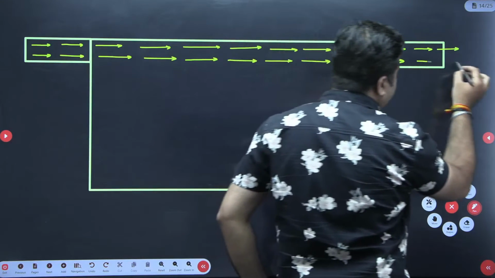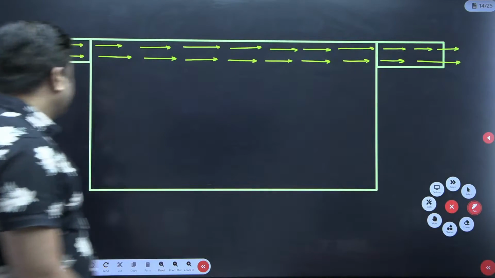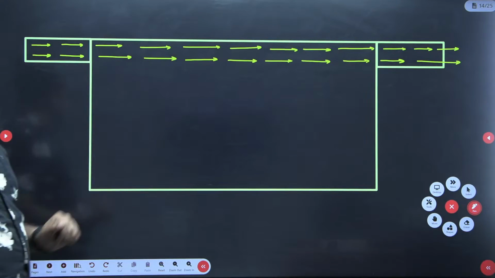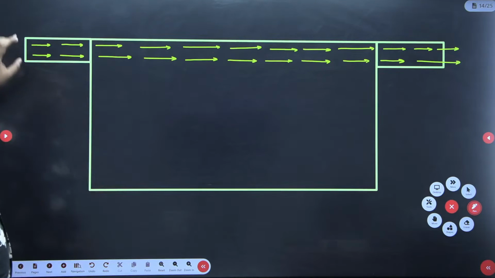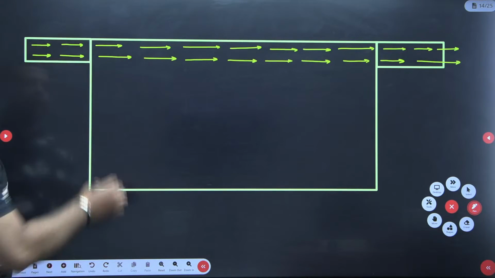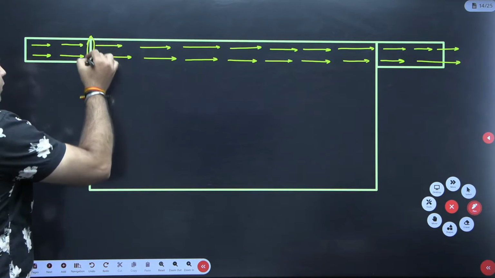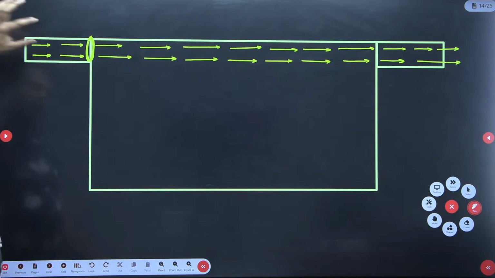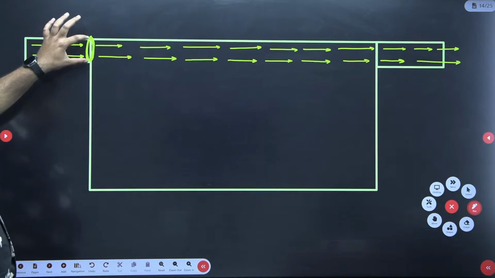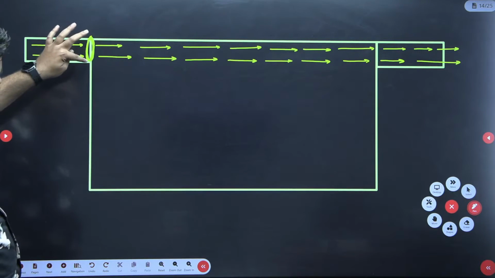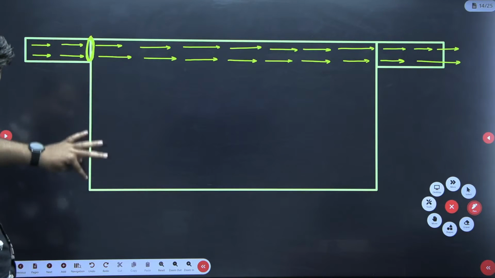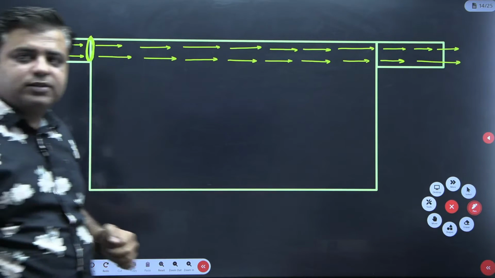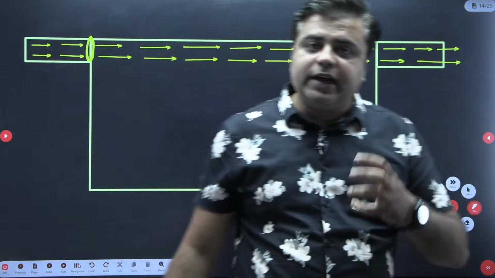This is usually what is taught, and this is the thing which creates confusion in their mind: how are you saying that at the inlet end the particle concentration is same at all the heights? Because all the particles are entering from this point. This is the point of entry. So forget about the inlet section, this vertical plane. All the particles will be present here itself. There is no point that the particles will be present here, right? Now how the particles are present here, how are we going to analyze this? So this is the thing that comes up.